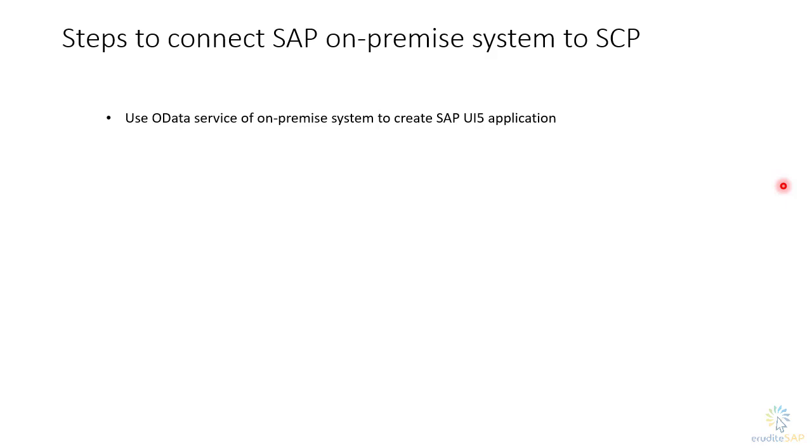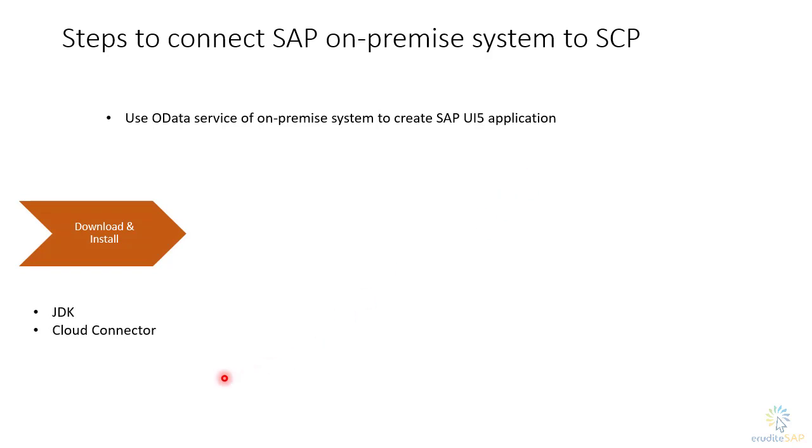In the hands-on part of the Cloud Connector, we will use the OData service that is present in our on-premise system to create an SAP UI5 application inside the SAP Neo environment. To do that, first we will download and install the Java Development Kit from Oracle website and the Cloud Connector